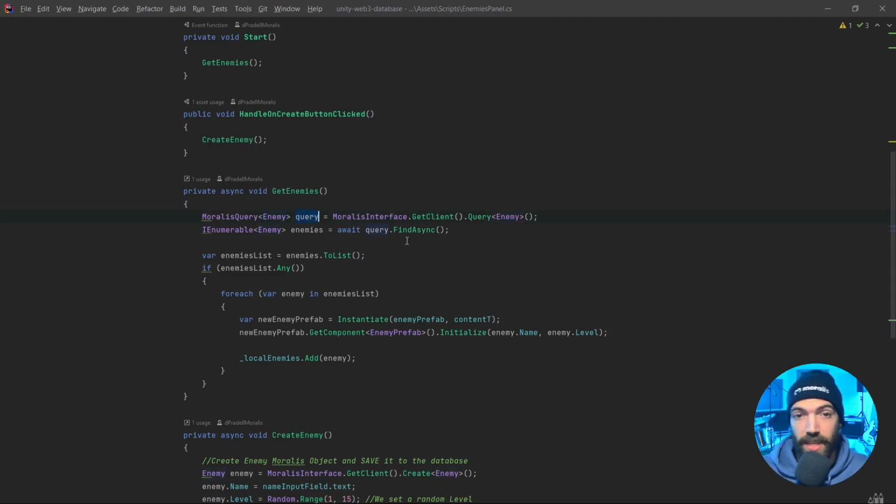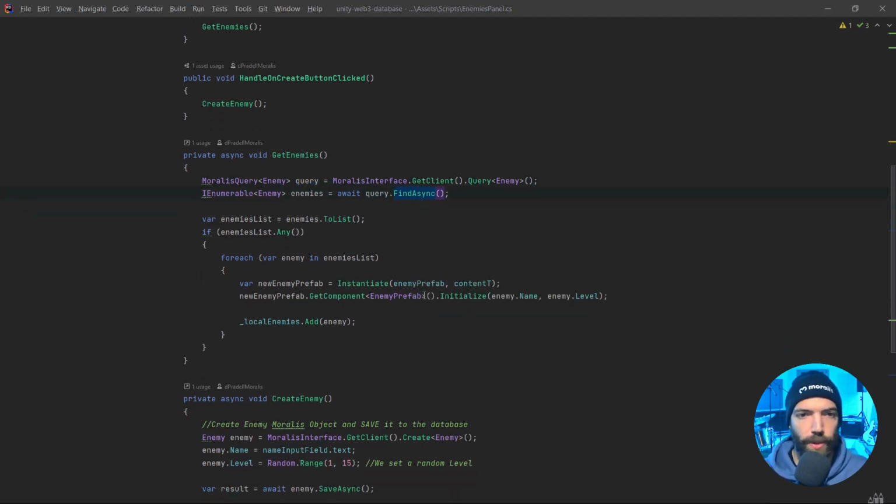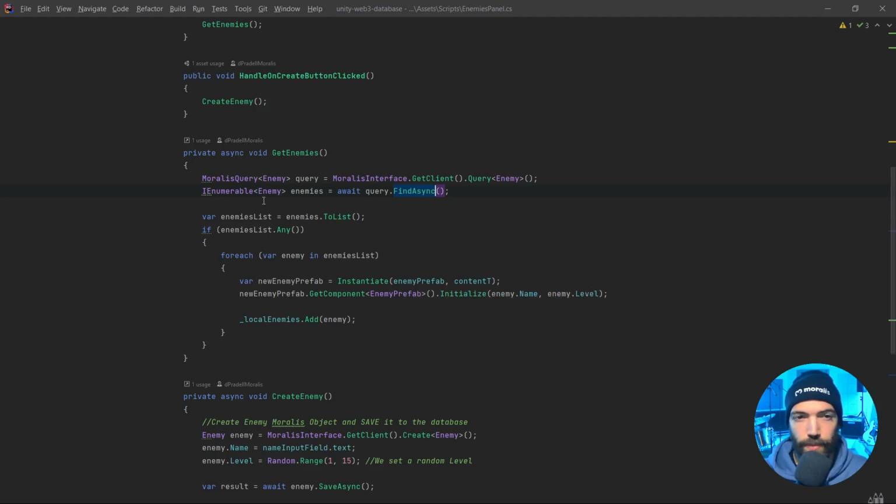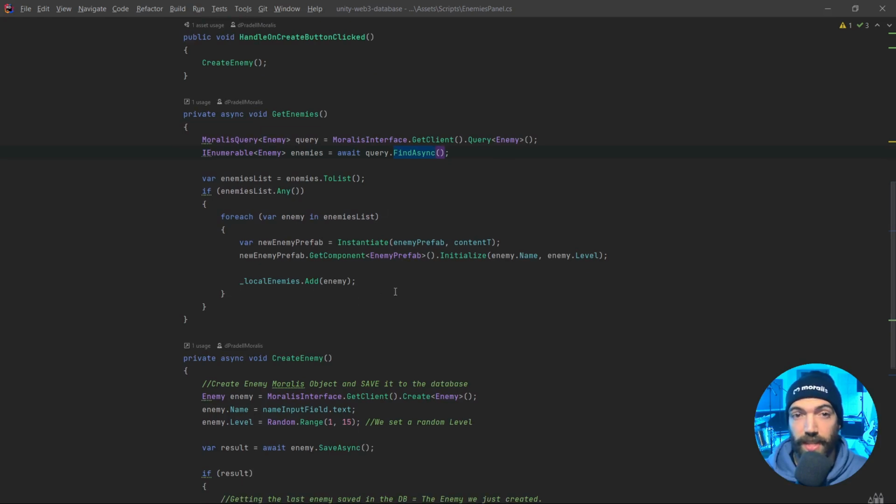And when we have the query, we will get a list of enemies just by saying find asynchronous. Okay, so then we'll just have the list of the enemies, and for each enemy, we'll instantiate a prefab that contains this other script that has a method that allows you to initialize it with the enemy name and the enemy label. Okay, so